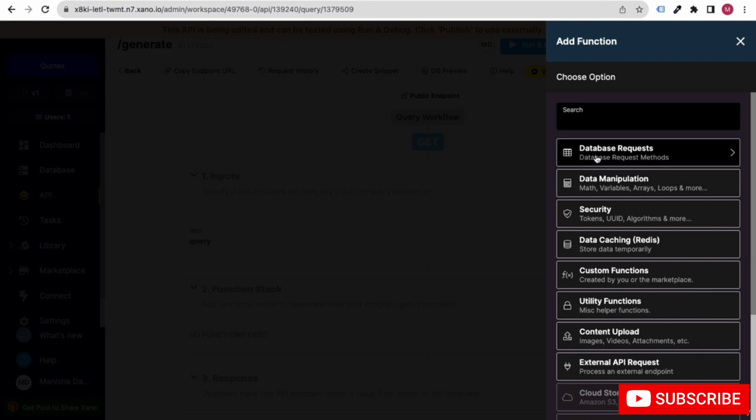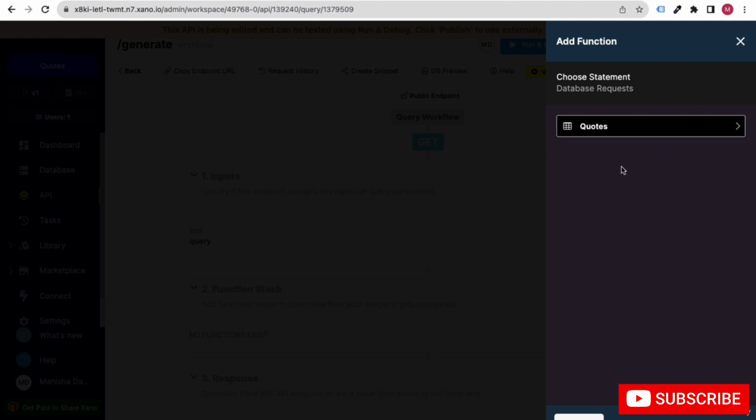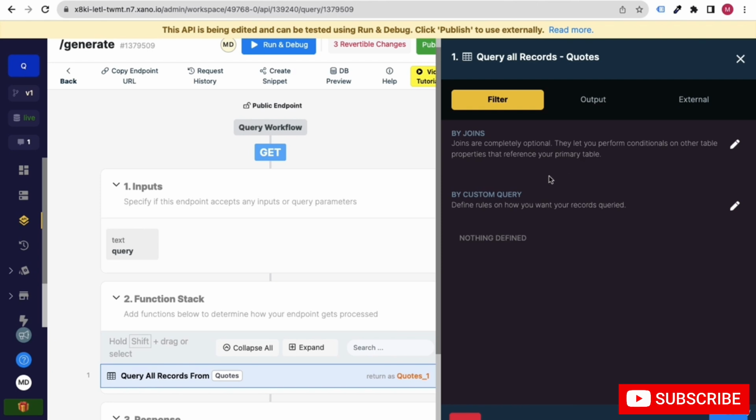I will click on the database request, and after that you can click on query all records. There are plenty of options, but we will go with query all records. Here you have to choose the codes table which you created, and then you will see it open.